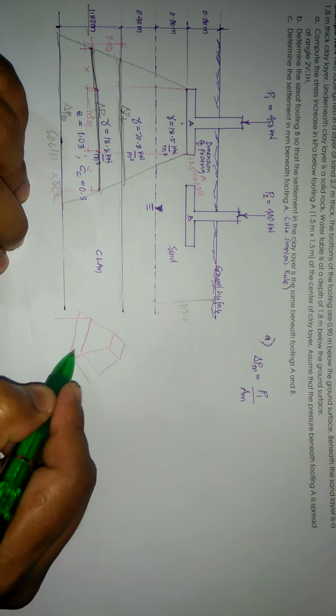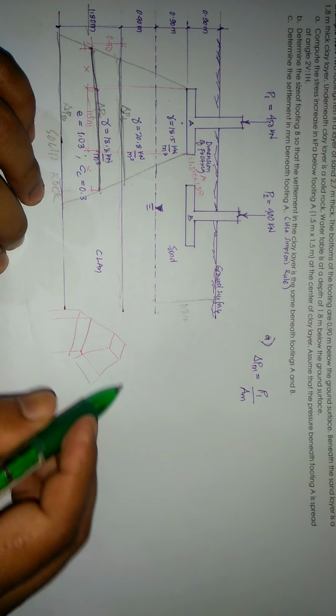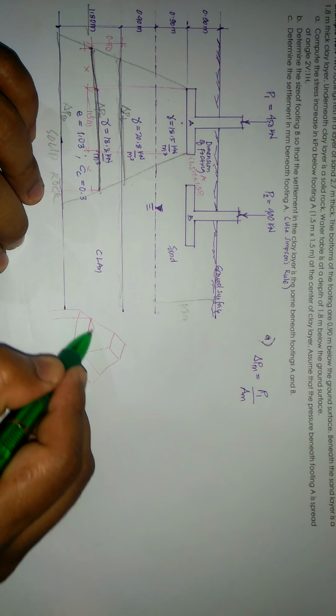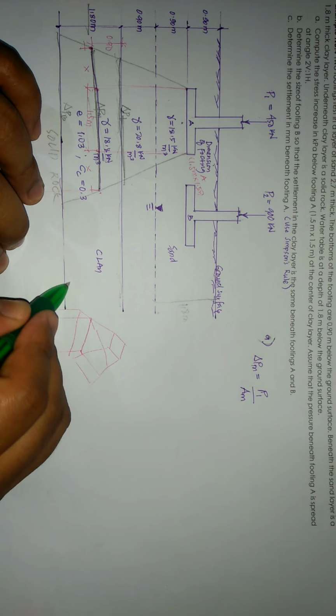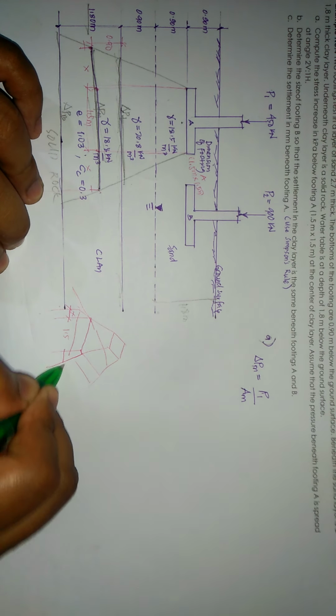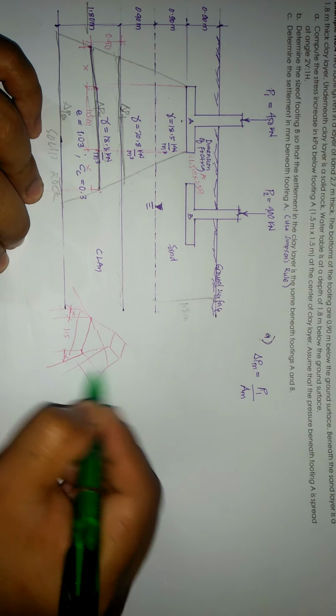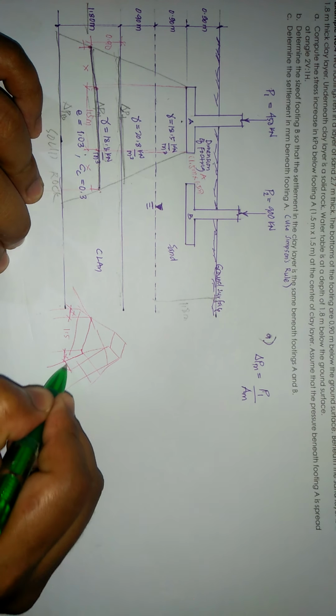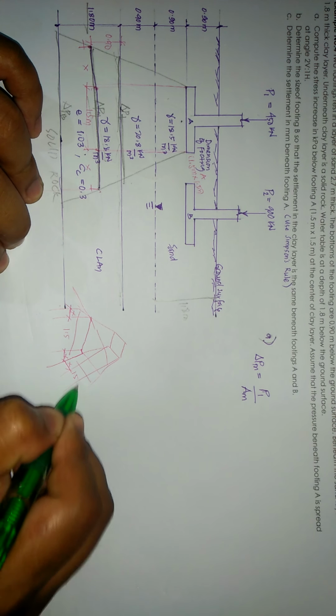Then in this portion, this would be x, 1.5, and then x. The same here: this would be your x, 1.5, and then